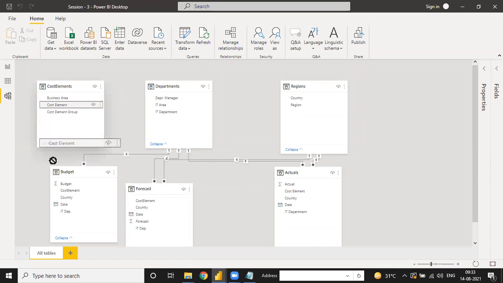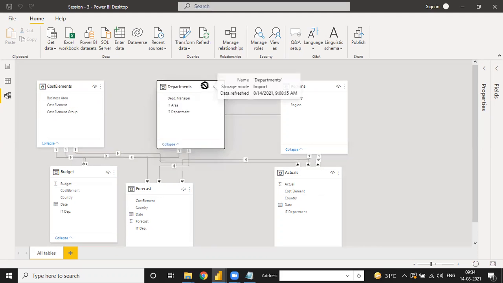So you directly click on the cost element, and again on the cost element, and again on the cost element. See, our three relationships are ready. So this kind of relationship we have done in Power BI.